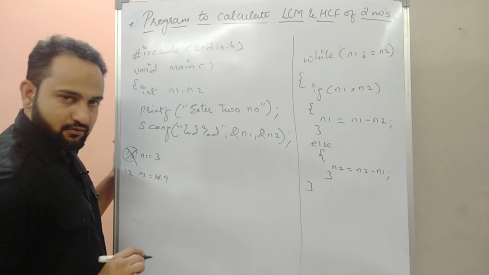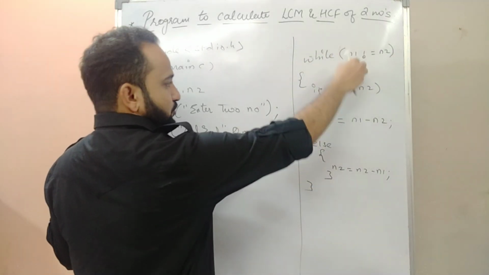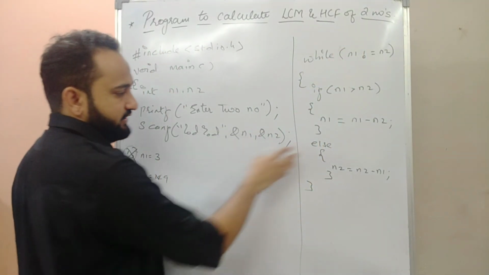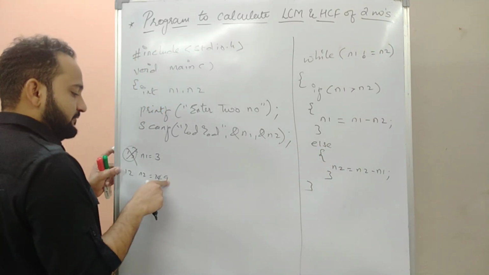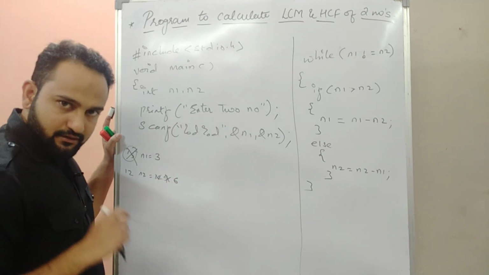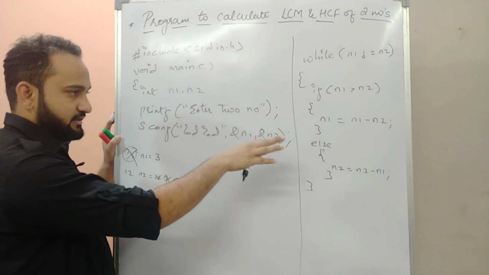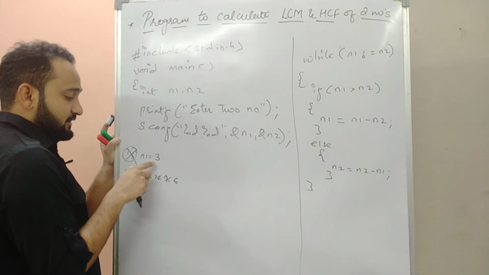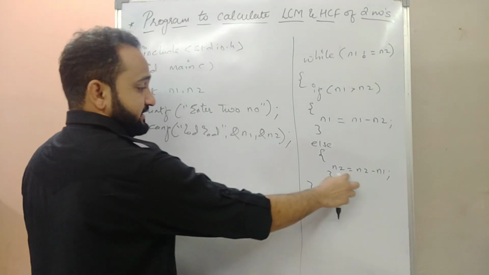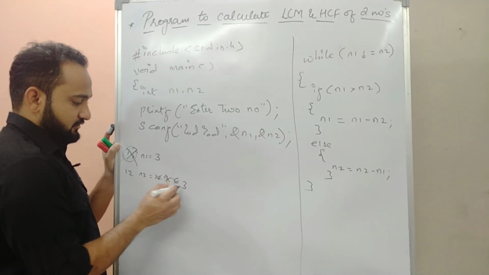Okay, it will go back again. The value of n1 is 3, the value of n2 is 9. Are they equal? No. This condition will be satisfied, so it will come inside. Is 3 greater than 9? No. It will go into else again and perform 9 minus 3. That is 6. The new value of n2 will be 6. Agree? Now it will go back again. The values of n1 and n2 are not equal, the condition is satisfied, and it will come into else once again. n1 is 3, n2 is 6. 6 minus 3 will get performed and go into n2. 6 minus 3 is how much? 3. The new value of n2 is 3.